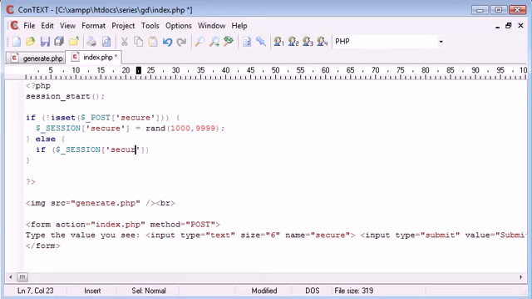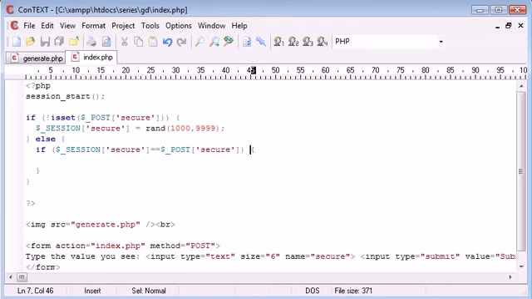So what we can say is we can say else, and we can say if $_SESSION secure is equal to $_POST secure. So essentially what we're saying is if the session that's been set, so the random number that's been set and displayed in our image, is equal to the post that the user has made, so the numbers, sorry, that they've seen, then we can do something. So we can say echo success or a match, for example. Otherwise,